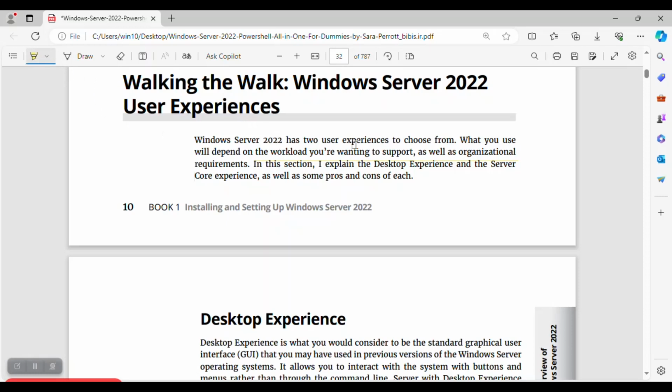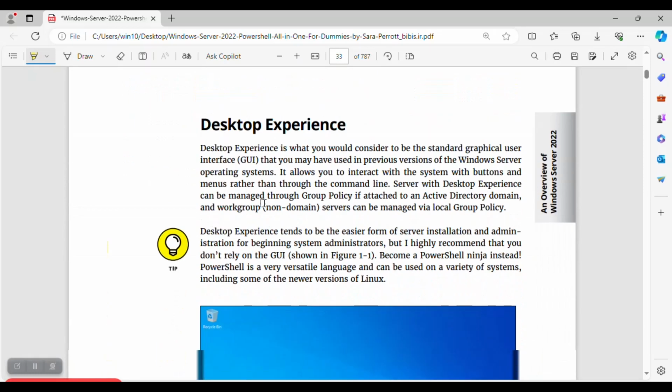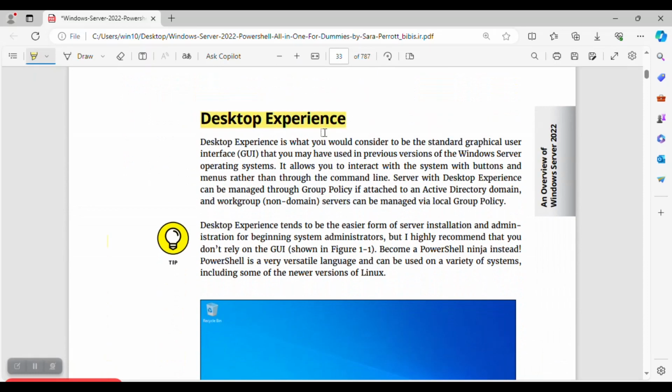Windows Server 2022 has two user experiences to choose from. What you use will depend on the workload you're wanting to support, as well as organizational requirements. In this section, I explain the desktop experience and the server core experience, as well as some pros and cons of each. Desktop experience. Desktop experience is what you would consider to be the standard graphical user interface, GUI, that